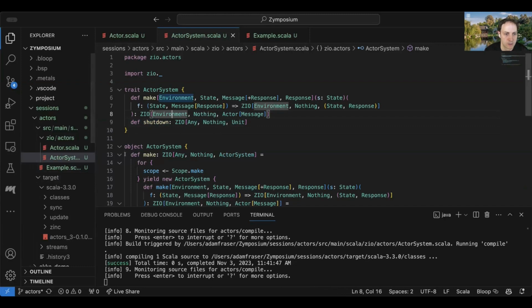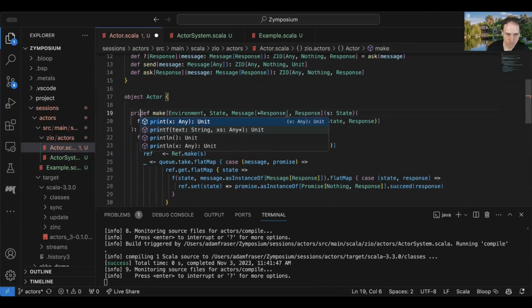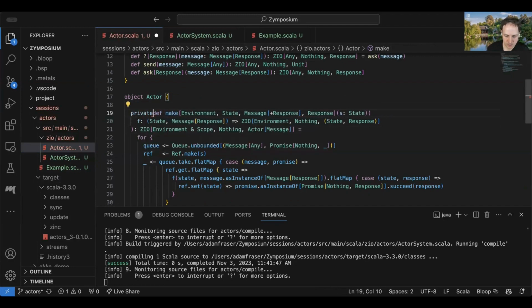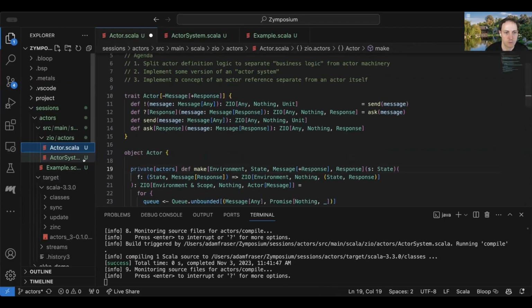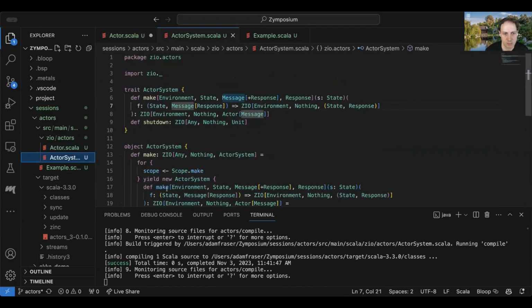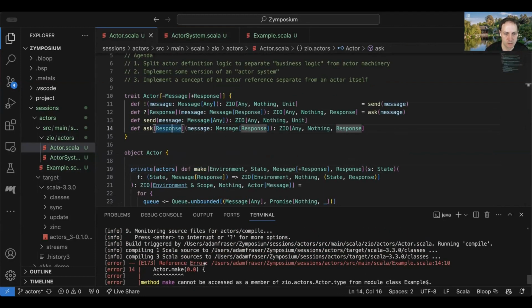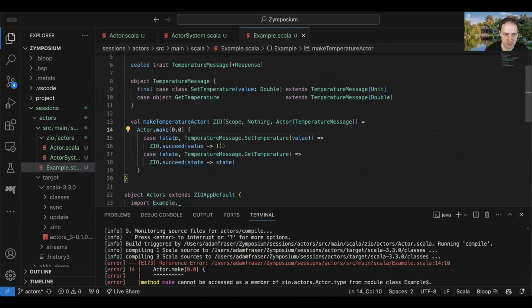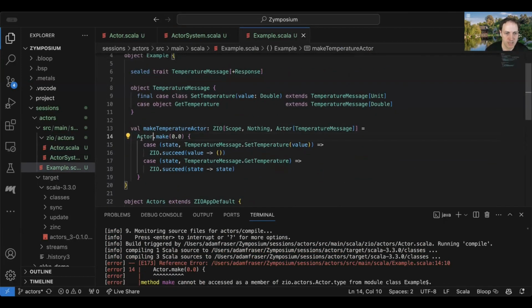So here, probably the next thing we want to do following up on this is we want to actually make this private to our package, because we want people to create actors exclusively through the actor system. So if we do this, now our little temperature example is not going to compile, but that's okay. So now instead of actor.make, this has now got to be actorSystem.make.